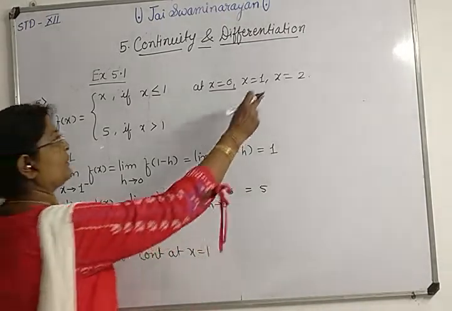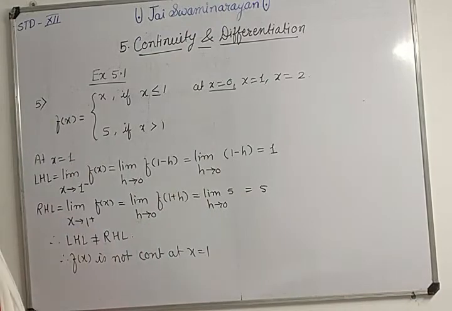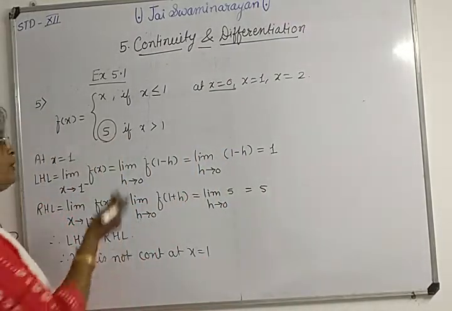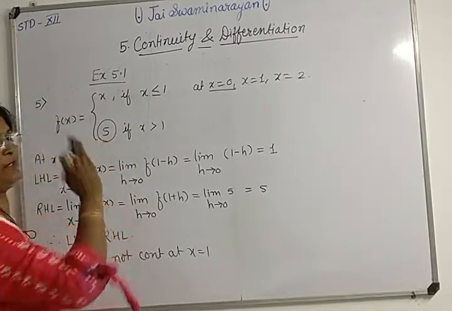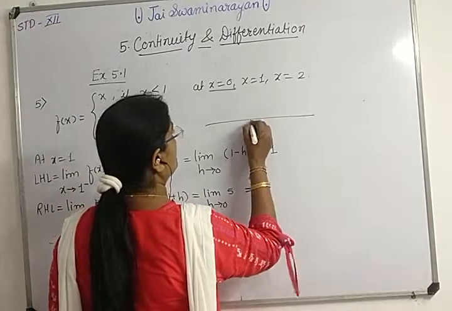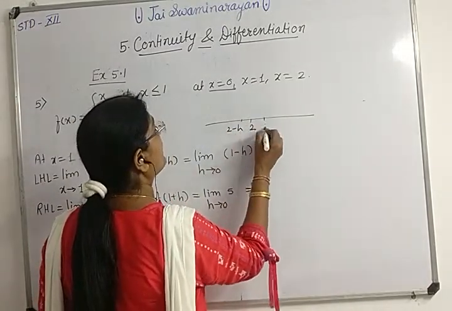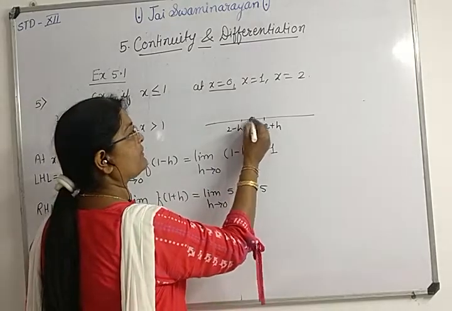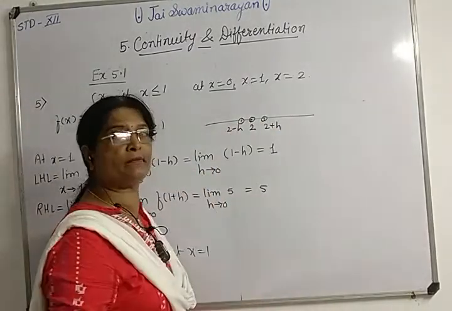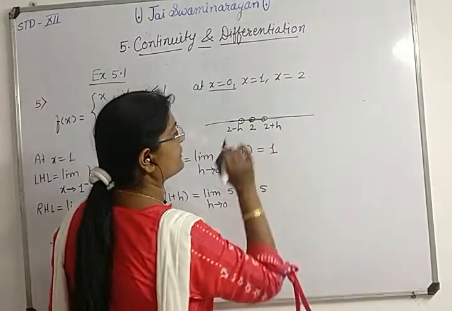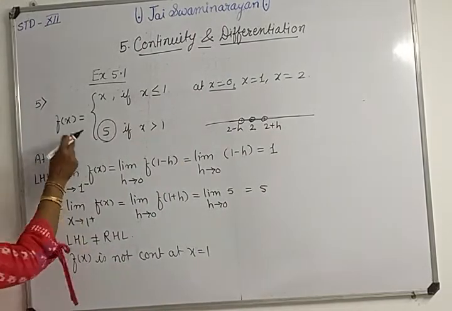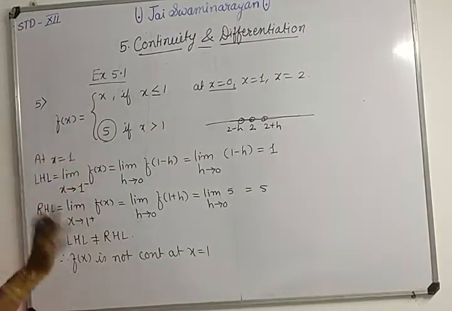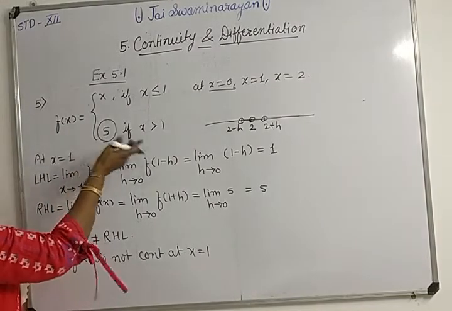Now for x equal to 2 whether it is continuous, x equal to 2 means obviously 2 is greater than 1, तो x equal to 2 के लिए हमारा फंक्शन यही रहेगा. मीन्स 2 के लेफ्ट में भी 5 है, 2 के राइट में भी 5 है और 2 पे भी 5 है, क्योंकि सपोज it is 2 तो यहाँ पे आएगा हमारा 2 माइनस एच, यहाँ पे आएगा हमारा 2 प्लस एच, लेकिन ग्रेटर देन 1 के लिए तो वैल्यू 5 ही है, यानी 2 पे भी हमारा फंक्शन 5 है, 2 प्लस एच पे भी 5 है, 2 माइनस एच पे भी 5 है, therefore it is a continuous function, that is f of x is continuous at x equal to 2, क्योंकि ग्रेटर देन 1 के लिए हमारे पास एक ही फंक्शन है, ऐसा अलग अलग नहीं है। जहाँ पे फंक्शन अलग अलग होता है वहां पे चेक करने की जरूरत पड़ती है, यहाँ पे फंक्शन सेम है, so no need to check it.